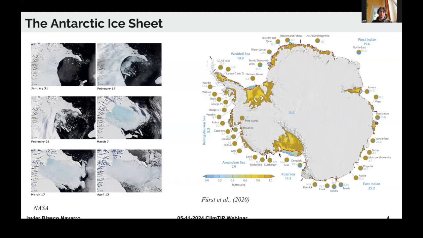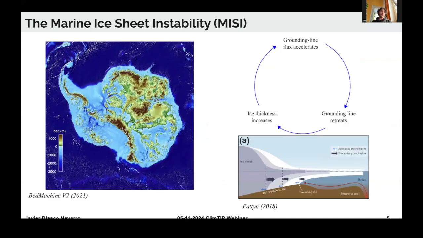Now, what happens if an ice shelf collapses? So here is where the tipping point part comes. As we know, tipping points are positive feedback mechanisms which lead to a nonlinear response of the system. Now, in the case of Antarctica, we have two major mechanisms. One is the marine ice sheet instability, and the other, which I will introduce later, is the marine ice cliff instability. So the